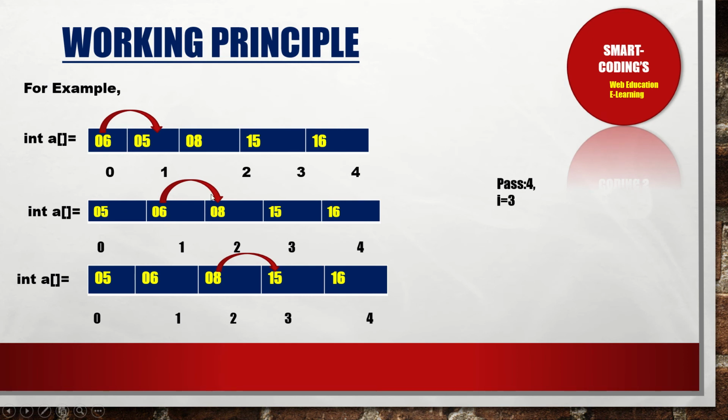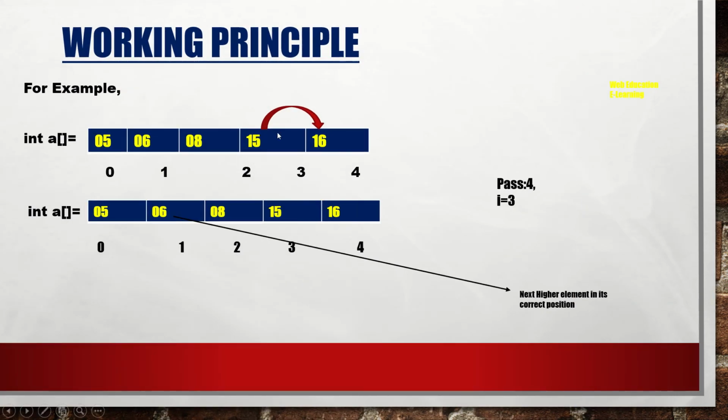Now again, no swapping is required, but the comparison is done. 6 and 8 are compared first, that is, checking is done. Then swapping is not required, so as it is we'll write here. Again this will be compared but no swapping required, we'll write as it is here. And finally we'll compare this one, no swapping required, and we'll write this one here.